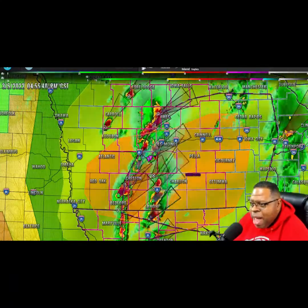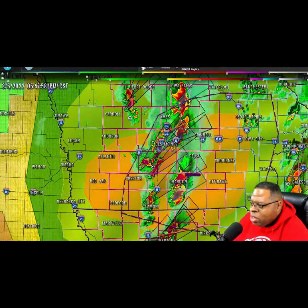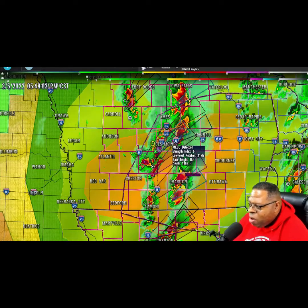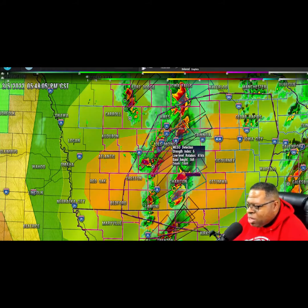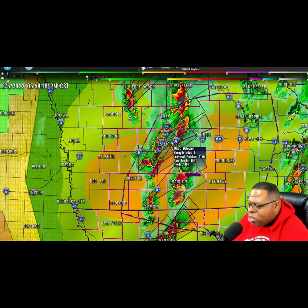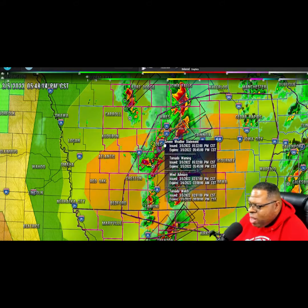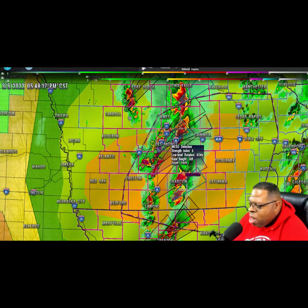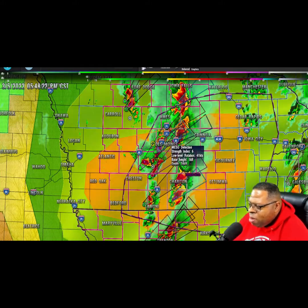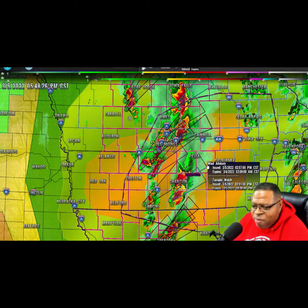I'm going to stop the map so that we can pinpoint these tornadoes here. So we're going to pause right here and we're going to look at this one. This guy here is a confirmed tornado by storm chasers. So there is eyes on the ground who did get eyeballs on this tornado, which is just to the southeast of downtown Des Moines right now. And it's currently moving northeast at about 41 knots. It's going about 45 miles per hour,